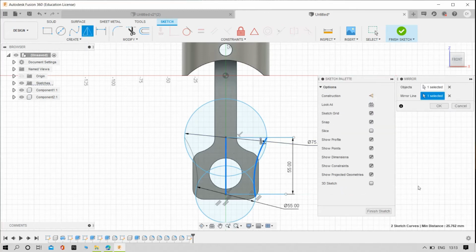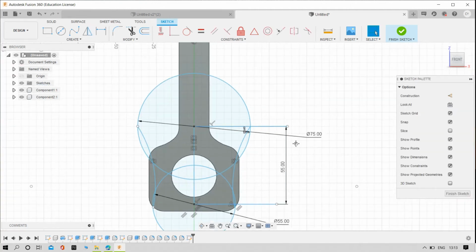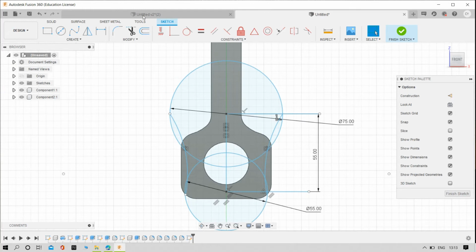Yes, click OK. Now try to trim the unnecessary lines as I am doing now.